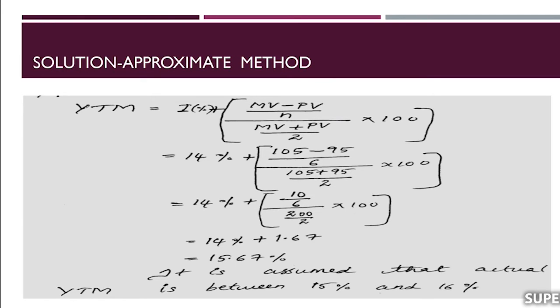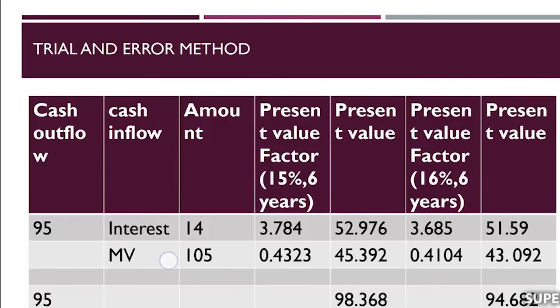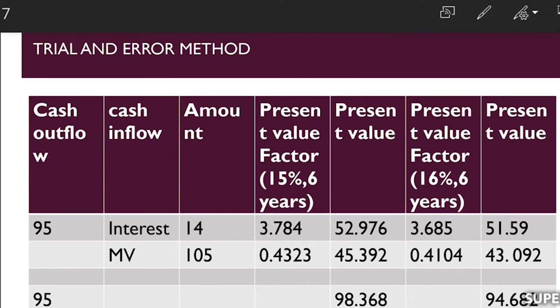Now we are going to calculate YTM using trial and error method. For that, we are assuming that actual YTM is between 15% and 16%. So by using trial and error method for calculating YTM, we need a table with 7 columns. Here in the first column, cash outflow is mentioned, that is ₹95, and cash inflows are,